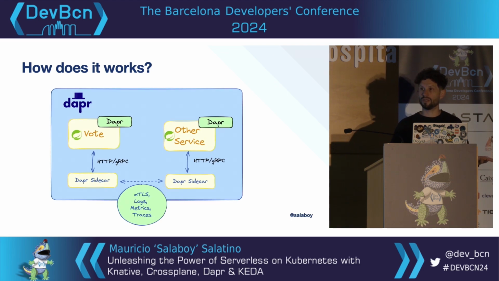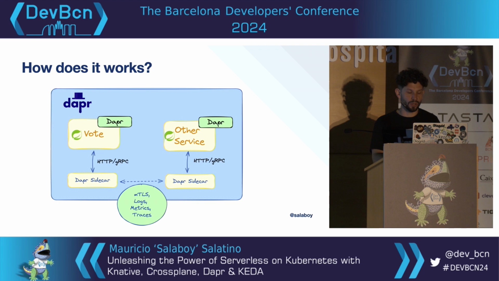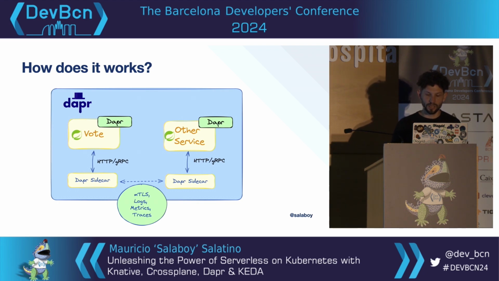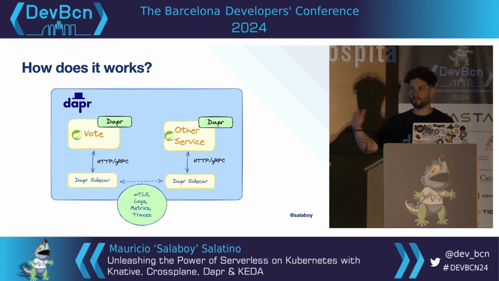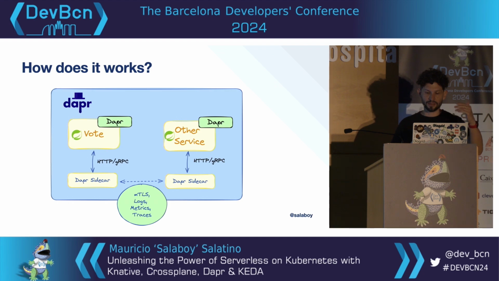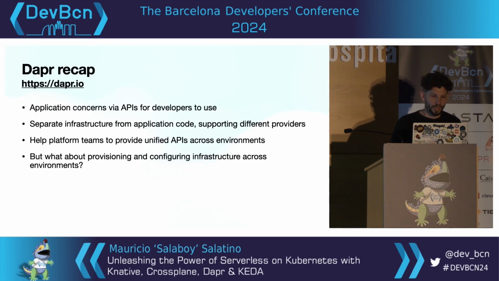Like, for example, security. You can add an MTLS connection between the two sidecars, and all the communications will now be handled by that. Because you are observing traffic between infrastructure and other services, you can get a unified view of logs, metrics, and traces about how your applications are consuming infrastructure, how much time infrastructure is taking, and exactly what your applications are doing against that infrastructure. So you can troubleshoot more easily because you have a single view of what your applications are doing.